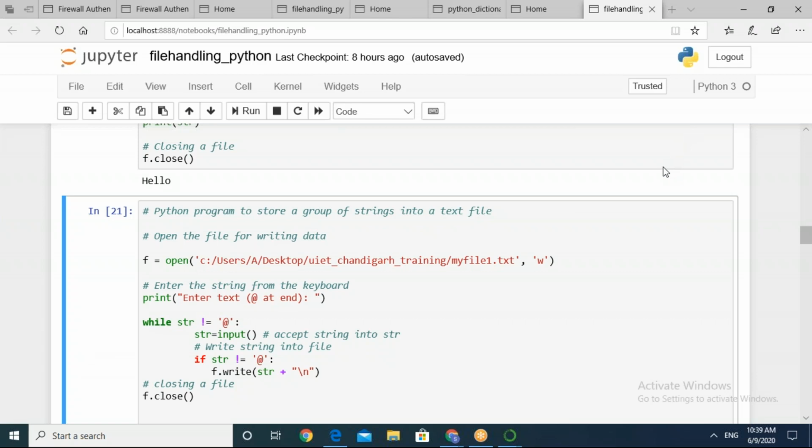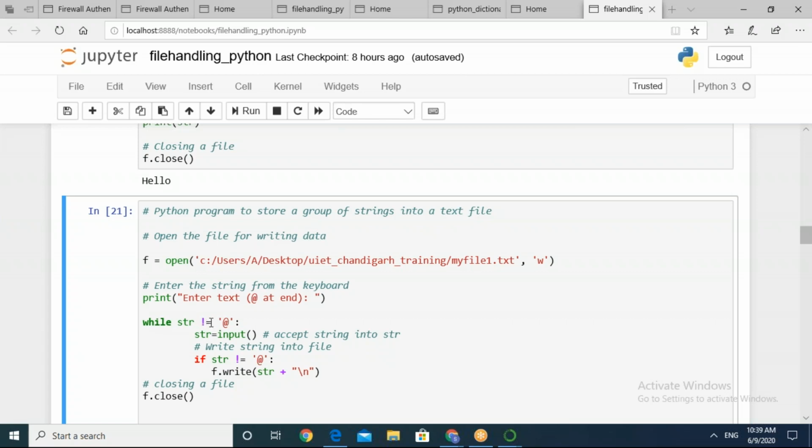So till now you have gone through all the loops. Whatever work you have to do repeatedly, you will have to use a loop; it will not work without it. So I'm using a while loop here: while str exclamation sign equals.